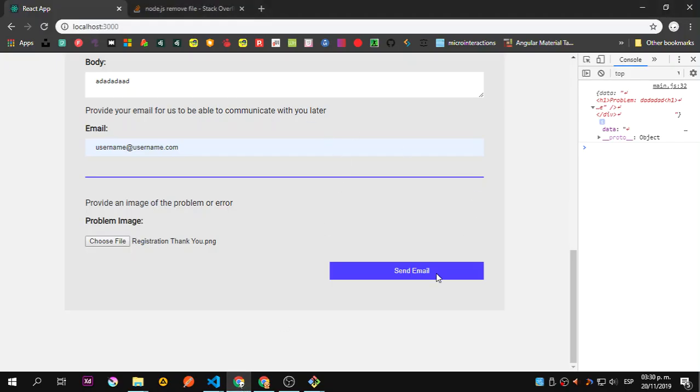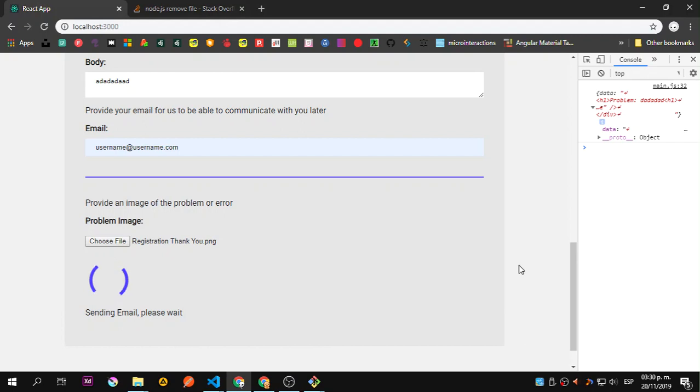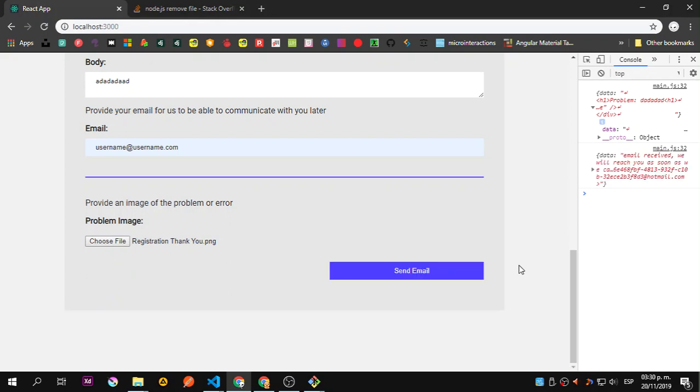Because they don't allow you to actually change that, unless you reach, you can see data email received, and we will reach you as soon as we can, and we should receive that email. So if that is okay, you should be able to receive that email. Sorry if this added more abstraction to what we actually were doing, but after deleting the response that we were sending with only the HTML, that is this thing,